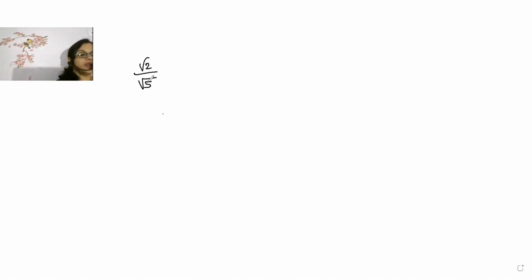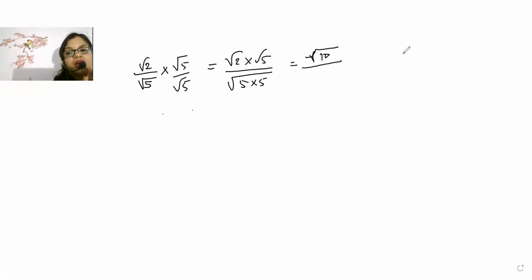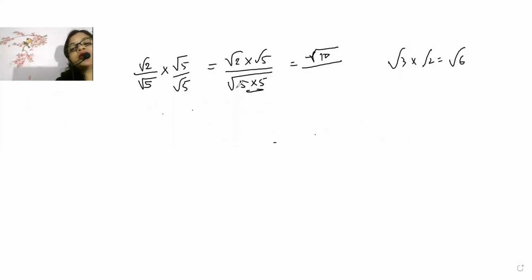Meronisha, look here, beta. Now I told you, na, the denominator part you have to rationalize. So what is the denominator? Root 5. So write root 5 by root 5. Now beta, here it is root 2 into root 5, and down it is root 5 into root 5, which will be inside. So here, root 2 into root 5 will become root 10. 2 5s are 10, beta, because root 3 into root 2 is written as root 6. Note down this one. So this one will become root 10, and here 5 5, one pair will be there because the same number is repeated 2 times. So 5 will come out. So exactly, Keshav is absolutely correct.